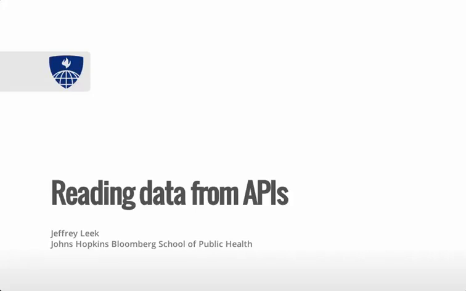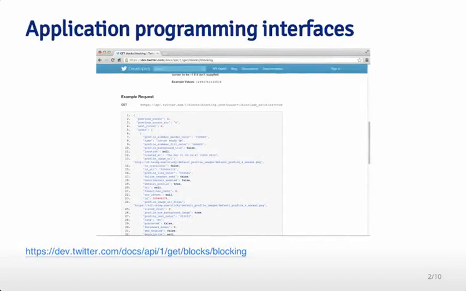Lecture covers getting data from APIs. APIs are application programming interfaces. So, for example, most internet companies like Twitter or Facebook will have an application programming interface, or an API, where